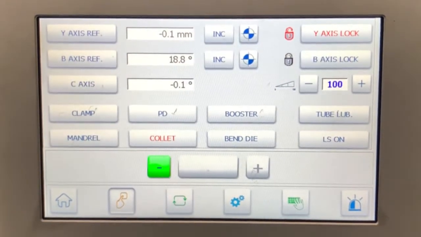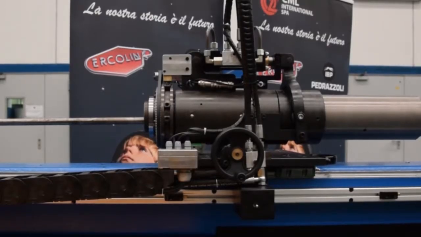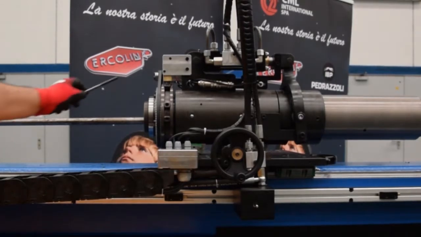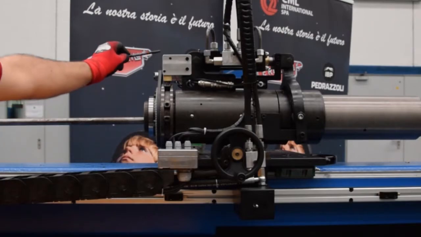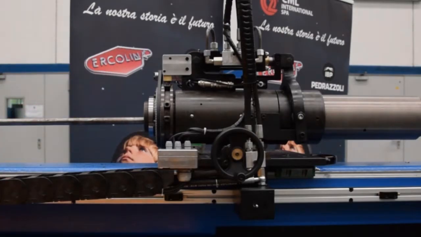The same is valid for B. I have all the mechanical stops for the rotation that I can set, and here is a pin coming up and down.